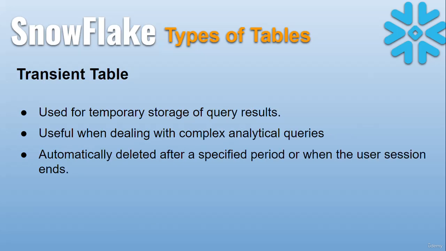The third type of table in Snowflake is the transient table. The transient table is a temporary table with an expiration time or limit on the number of rows. This type of table is automatically deleted after the specified time or when the row limit is reached. It is best suited for intermediate results or staging data. Moreover, it is also useful when you need data for a short period of time and you want the data and the table to be deleted after it is used. In such scenarios, transient tables are helpful.